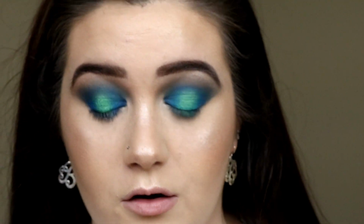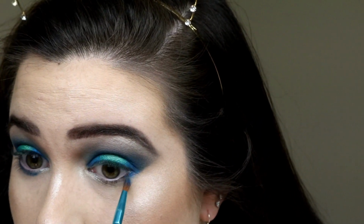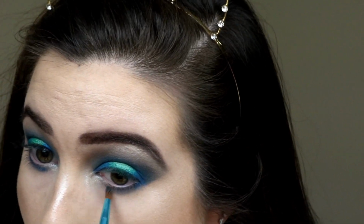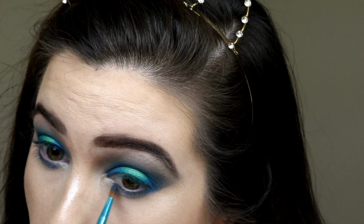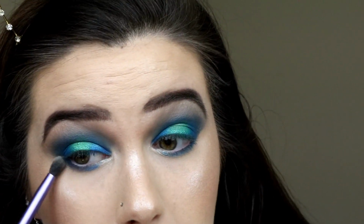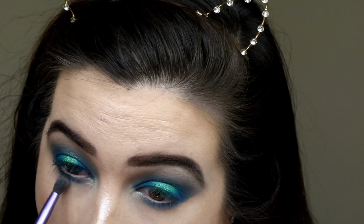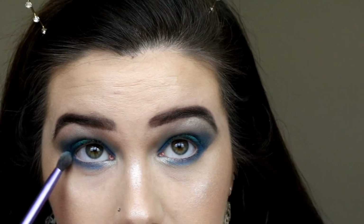And I'm being pretty careful with it, not just slapping it on, because there is some fallout and I've already finished up my face. And then I'm just gonna take, again, that smaller blending brush. Kind of buff it out a little bit. I'm gonna stop there